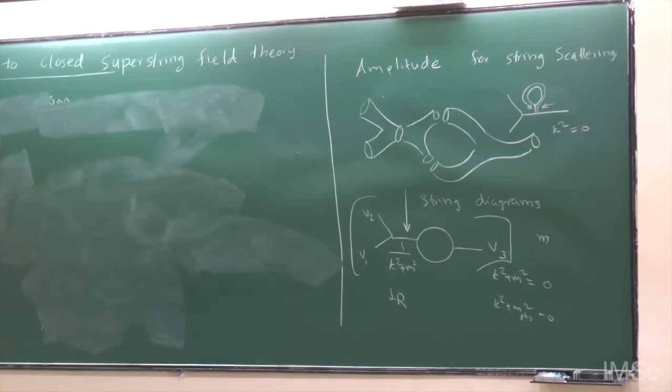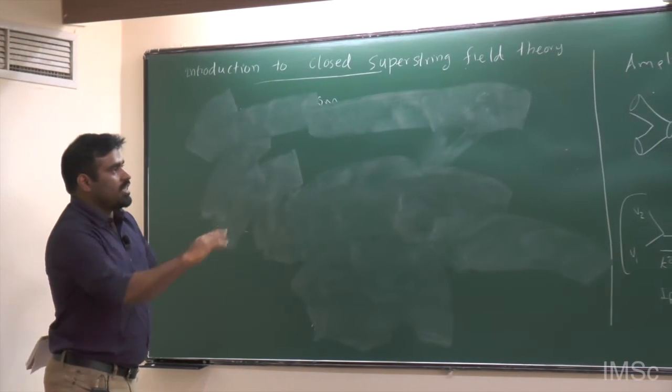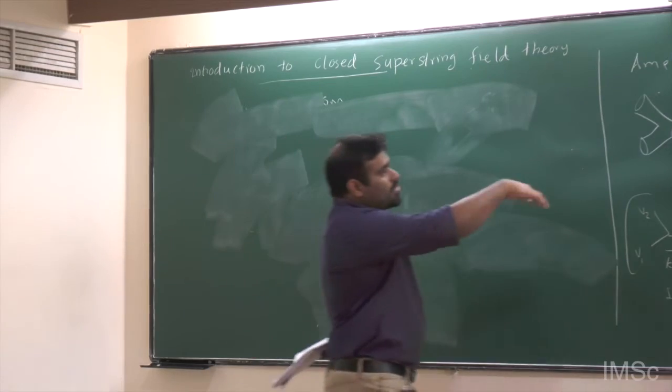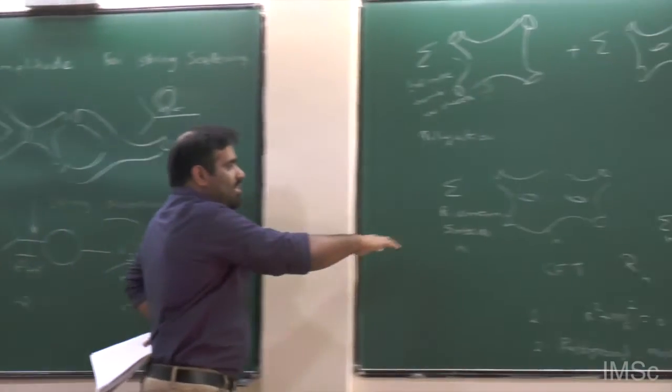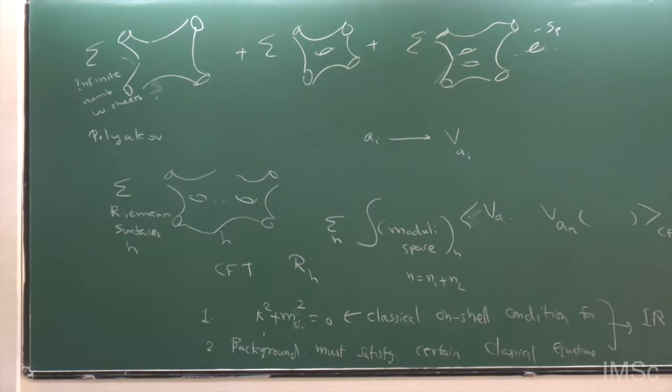So the idea is the following. If you can somehow come up with a definite prescription that decomposes the moduli space integration, basically the string amplitude, into different contributions that correspond to Feynman diagrams, then you can regulate the IR divergences. So you want to come up with Feynman rules for string theory. Is it possible to define Feynman diagrams for string theory? And then somehow we should be able to reconstruct the string amplitude from those Feynman diagrams. And you can do that.